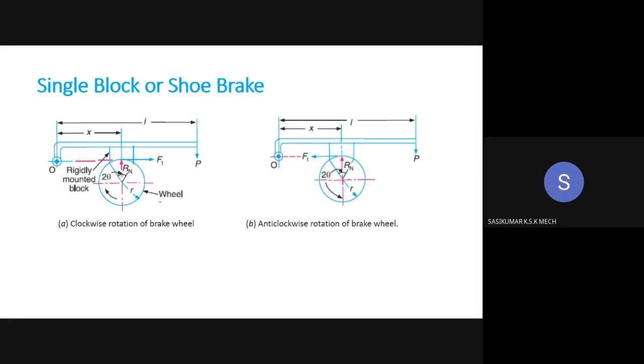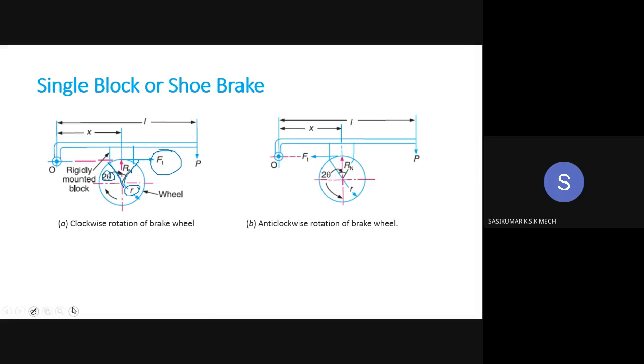This frictional resistance will arrest the movement of the wheel. For that you need certain terms. Here Rn is the normal force, Ft is the tangential force, the wheel radius is r, and the angle subtended by this block is 2 theta. The block is mainly made of asbestos or cork material, which has higher heat transferring capacity. It has more thermal conductivity, so the heat generated during the frictional movement will be dissipated to the atmosphere very soon.